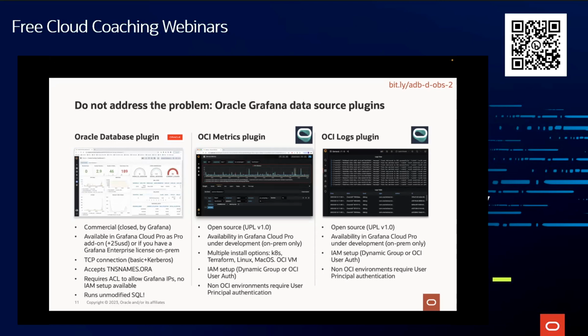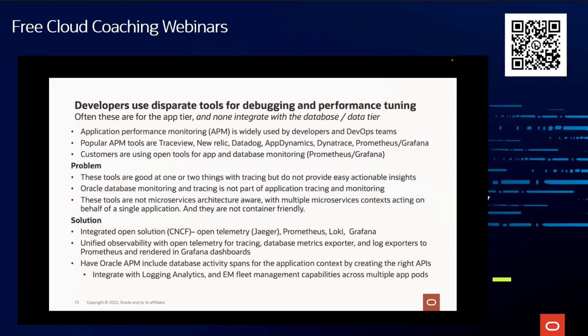Okay. So same for the OCI logs plugin, but this is not solving the fact that we want to look at those performance views within the database to see what's going on and tap into the metrics that the database is generating. The OCI metrics plugin will basically allow you to take a look at the metrics that are being exported to the OCI monitoring service. And a lot of services export those metrics, like Autonomous Database, for example, but they don't export all of the metrics that you can get from these views in the database. All right. So I said that this is not